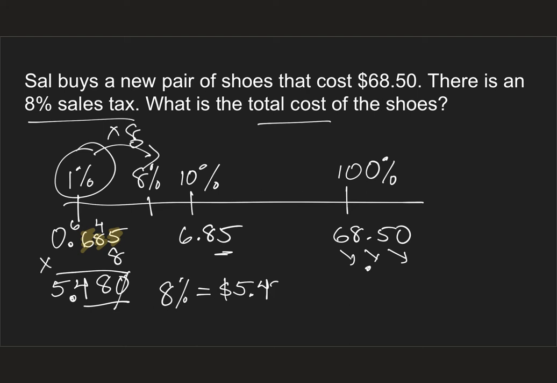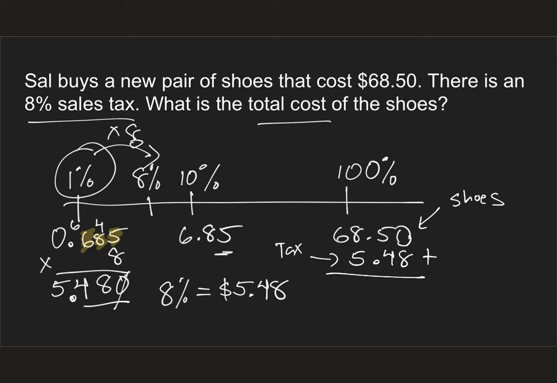Is that what Sal is going to pay for the shoes? No. Why not? Because that's just the tax. He still has to buy the shoes. So what are we going to do? Well, add. He has to pay for the shoes, and he has to pay for the tax, and we add them together. So this cost is the shoes, this is the tax,